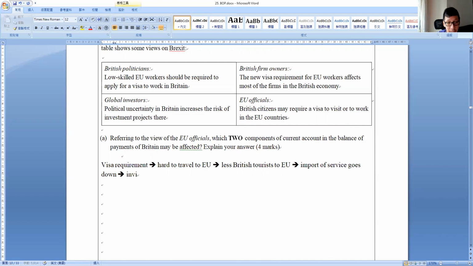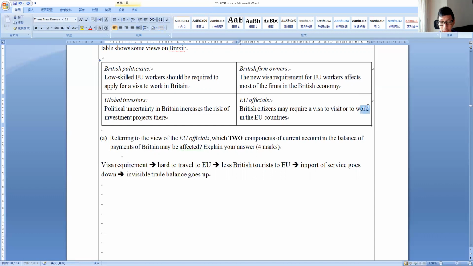Yes, invisible trade balance goes up. Okay, the component invisible trade balance goes up，係嘛？而家少咗 outflow of money 啊。OK，好嘛？